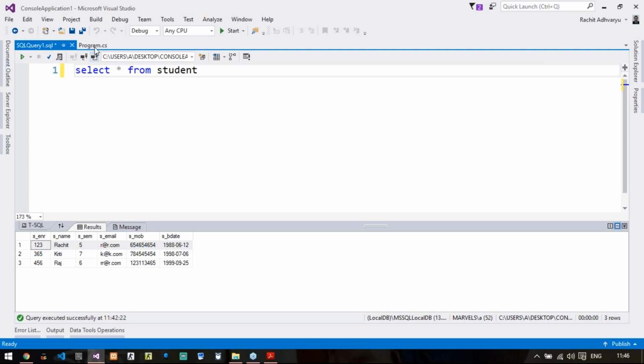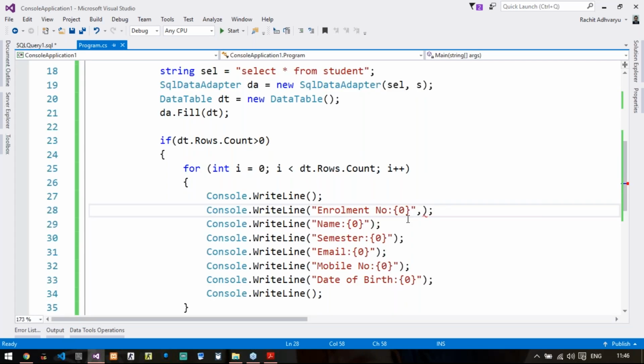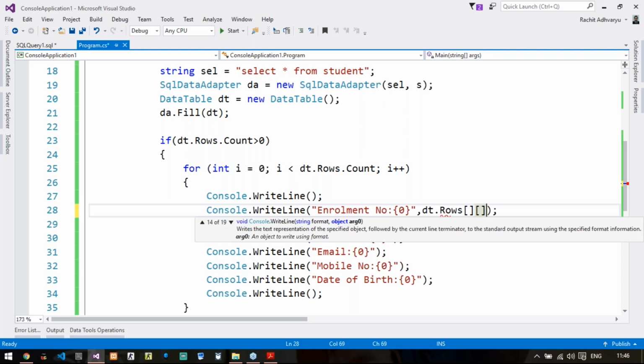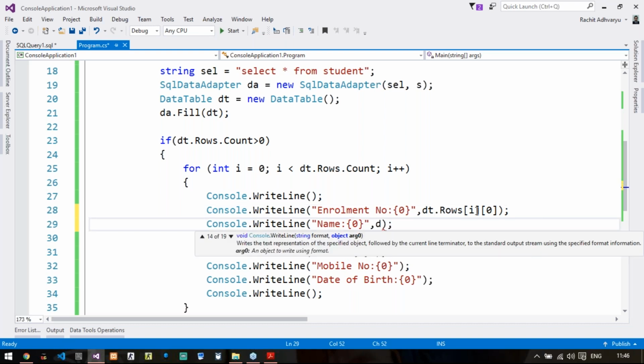So it will be dt.Rows and two square brackets. The first bracket is asking you for the row collection, the data row collection. The row is identified by your variable i, so i will be there. In the second bracket, we need to give the index of the column, so it will be 0. Similarly, for this it will be dt.Rows, again your index of row and index of column, now it will be 1.